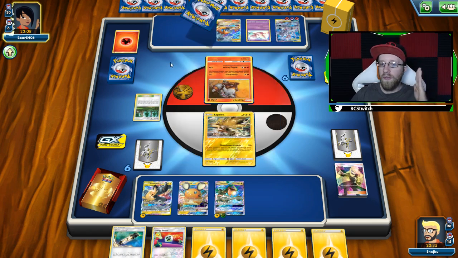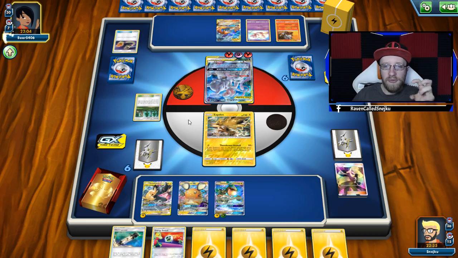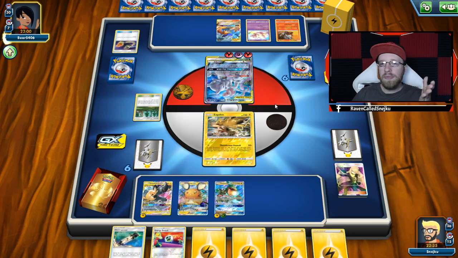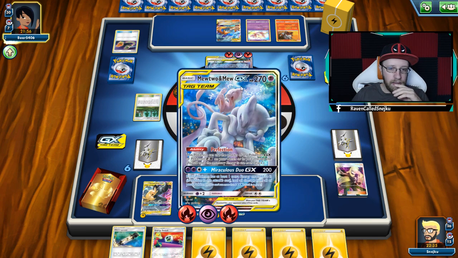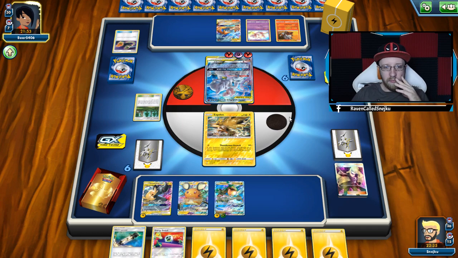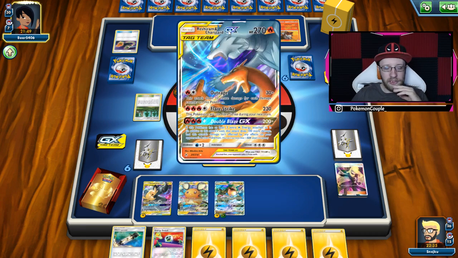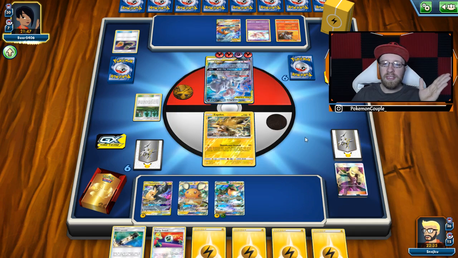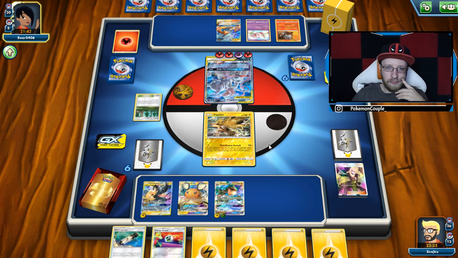Because he's going to attack for 230, so... Alright, so he's going for it. He's going for that attack. Good, good, good, good, good. I mean, I kind of want him to do that. Because now, if he's going to go Flash Strike, this means he has to go GX next turn. Right? Right. So what I have to do...